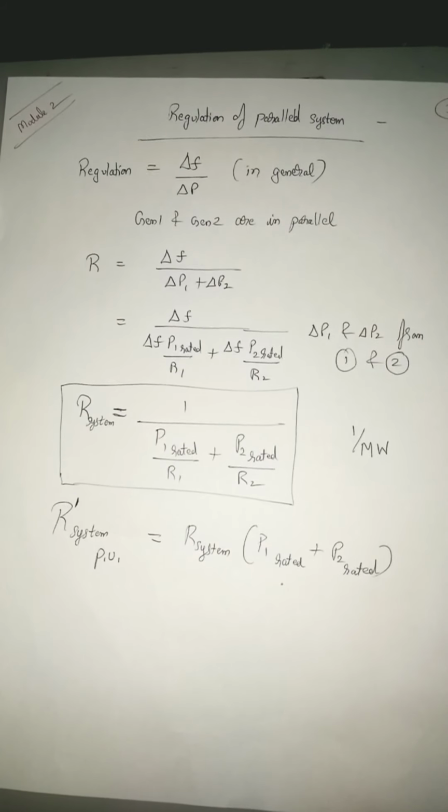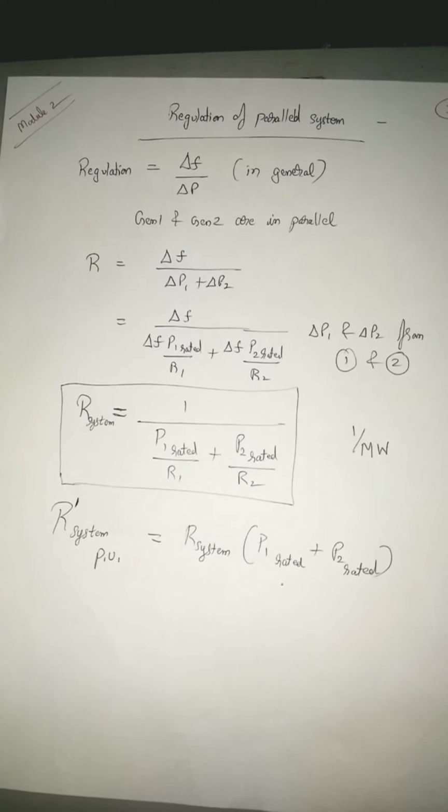So far we have seen parallel operation of generators case 1 and case 2. See, in these concepts you'll take a graph and try to explain the phenomenon. So there is nothing to do with any detailed working or anything like that. You take a graph and try to depict the case study, what exactly is happening there. Now after completing the parallel operation of generators, since both the machines are operating in parallel, we will have to define the regulation of the overall system.